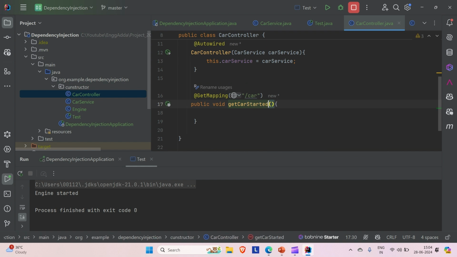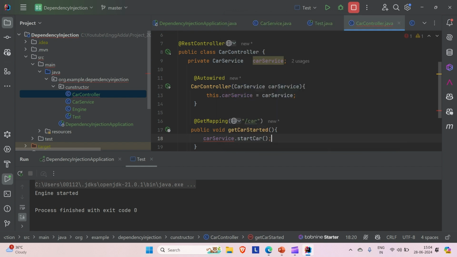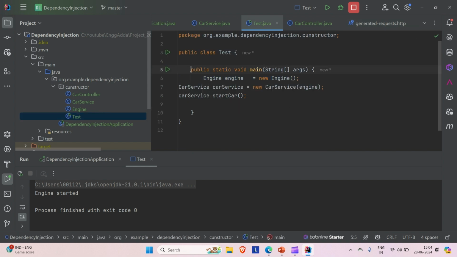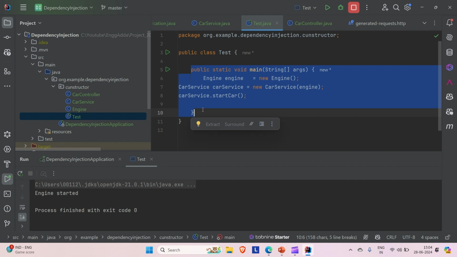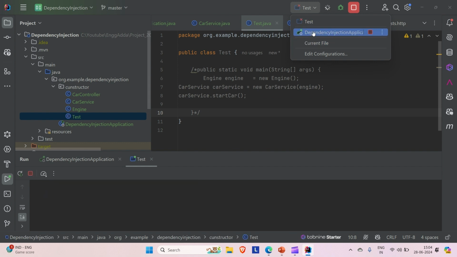Okay. And then what we are going to do is use this car service object or instance that we created to call the getCarStart method. Before doing this, let me make our application up and running, and then we can hit this API and see things here. So let me comment this piece out. So we commented out this piece again. Okay, so it is running the test. Let me change this to our application and then run this,